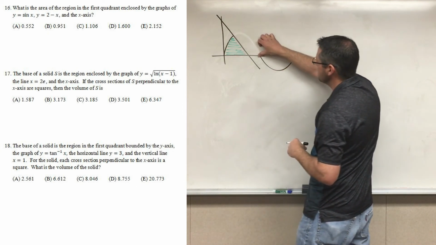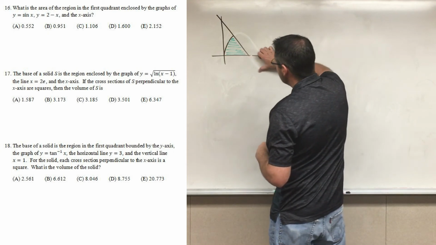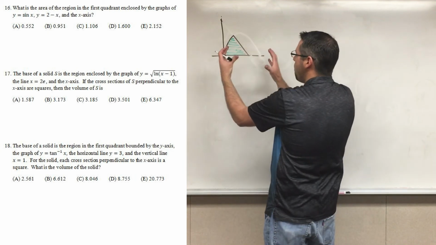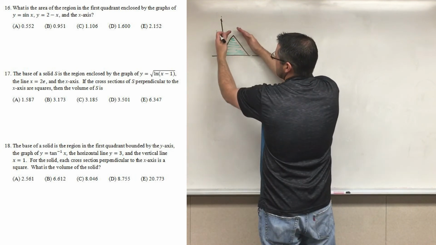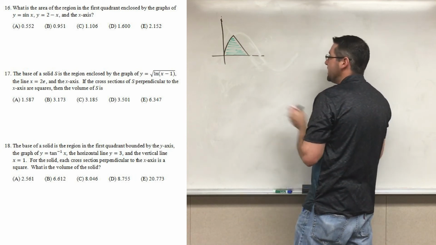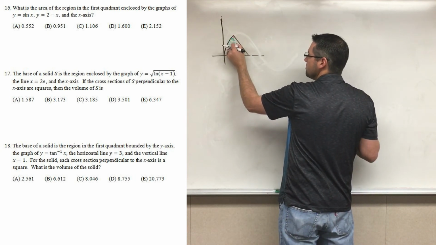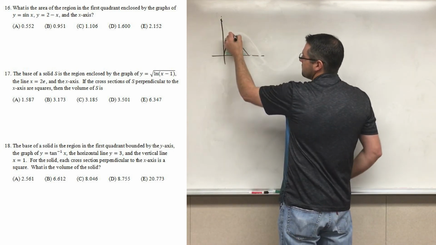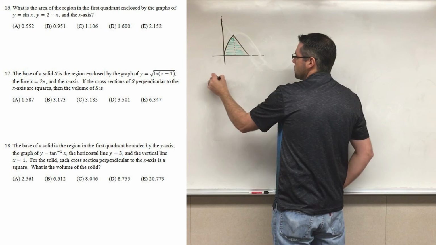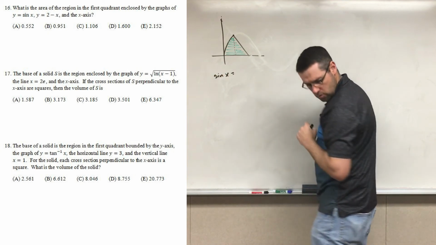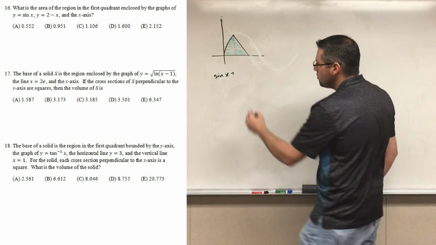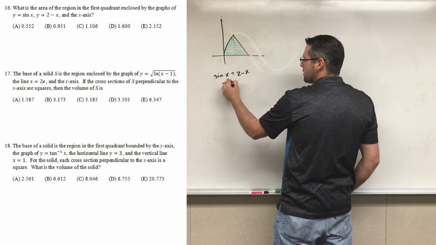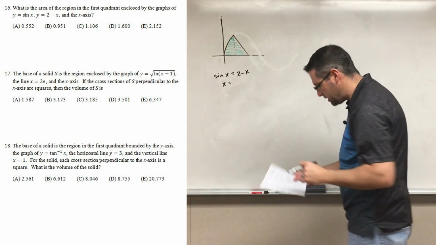Okay. And then you can go ahead and use your calculator to graph that. I'm going to get rid of all these extra lines here so we can simplify this pretty easily. We have two options. We could put this in terms of y, and then this would be upper minus lower, or we can put it in terms of x, but then we'd have to split it at their intersection. I'm going to go ahead and do it that way. So the first thing we have to do is find the intersection. So the intersection is when sine of x equals, what was the equation here? It was 2 minus x. And then we'll type that into y1 and y2, find our intersections, and that intersection is